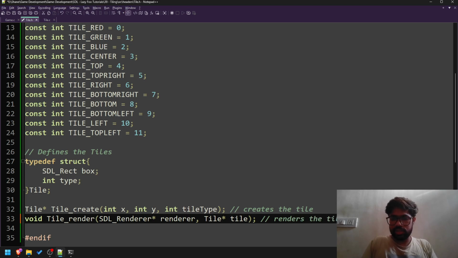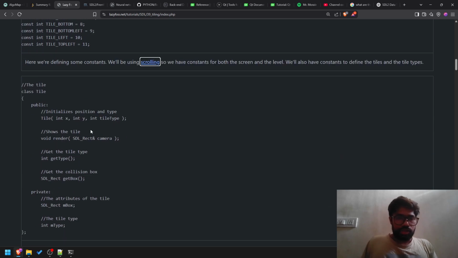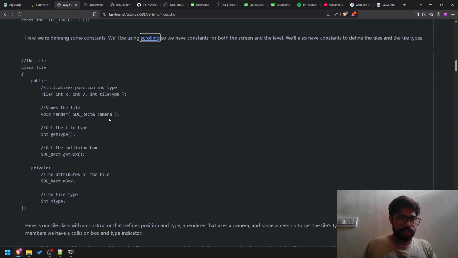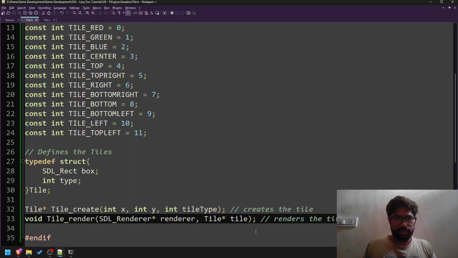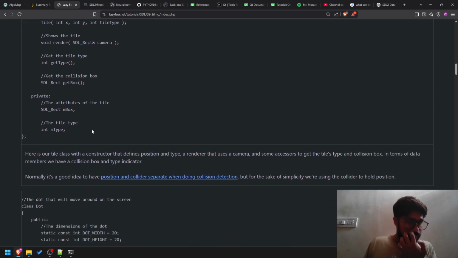This renders the tile to the screen. This is on for us, and it takes a rect camera as well. Yeah, rect camera. Right. Here is a tile class with a constructor that defines the position and type, a renderer that uses a camera,